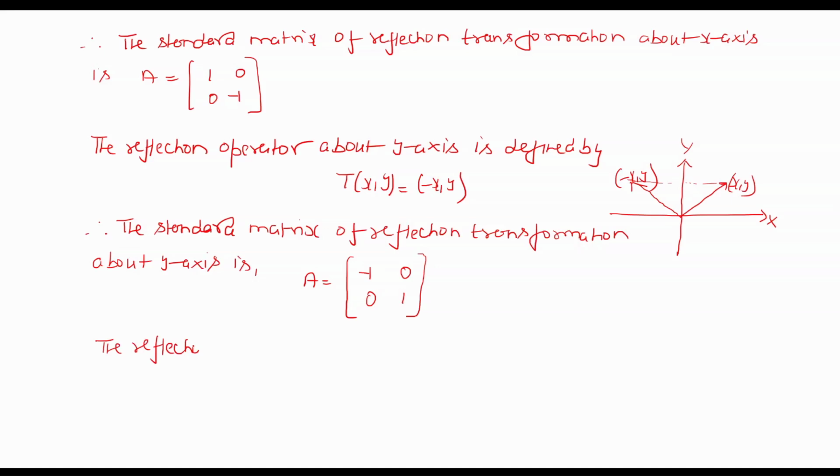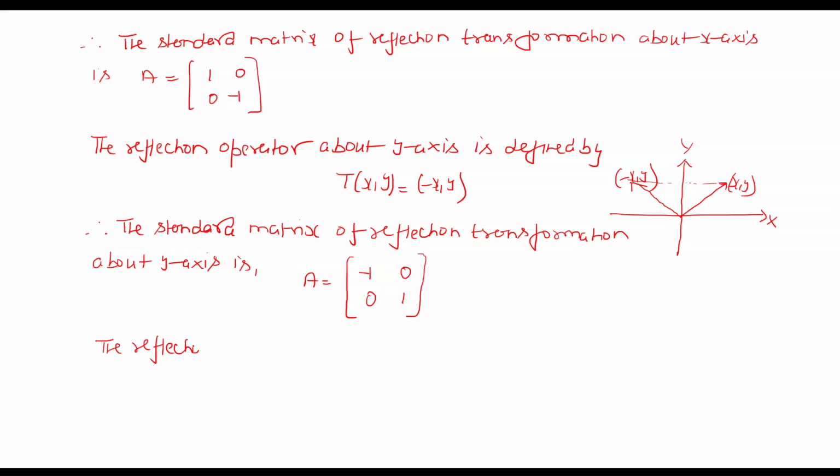This is your line y is equal to a x. Suppose you have this vector x, y, so its reflection about this line will give you this vector. Okay, now what should be its coordinate? y, x. Yes. Okay, x will change into a y and y will change to a x, so it will become y, x. So it is equal to a y comma x.